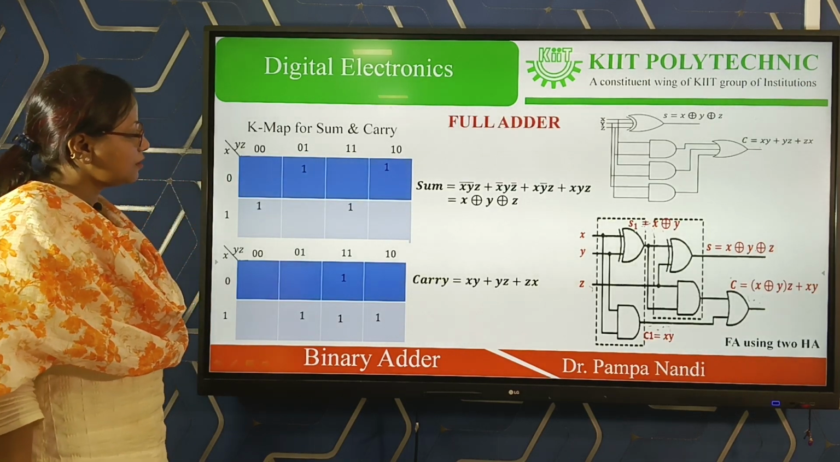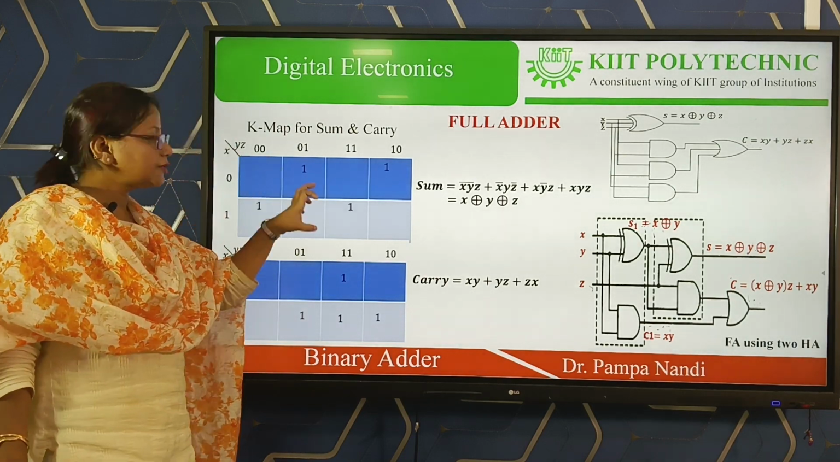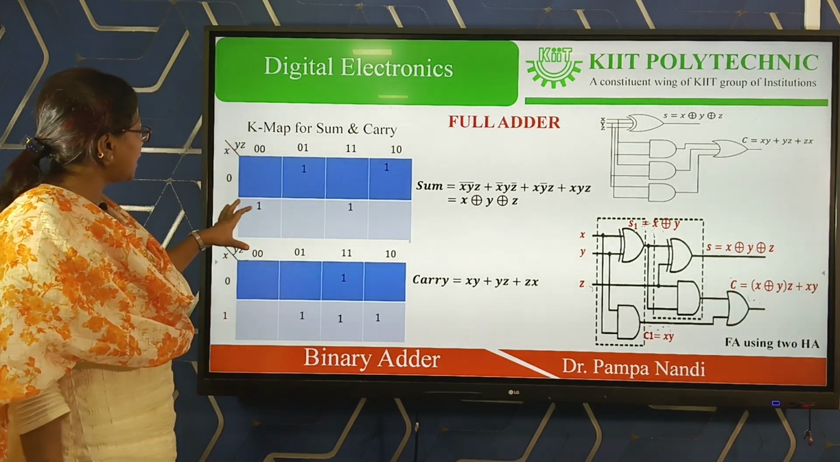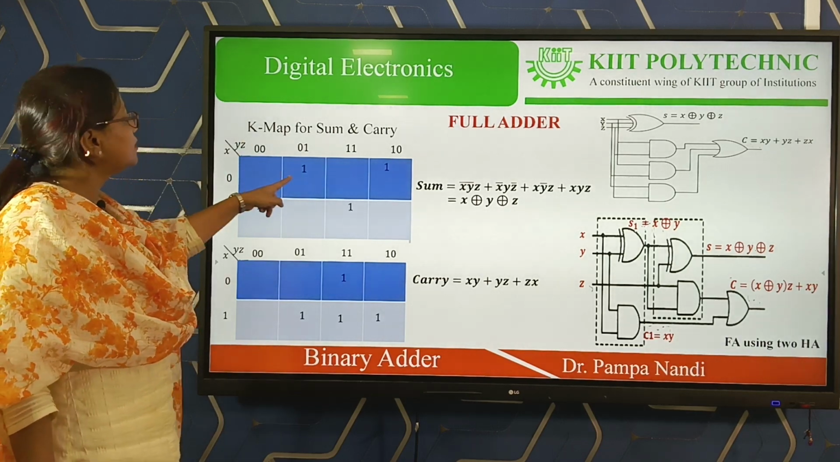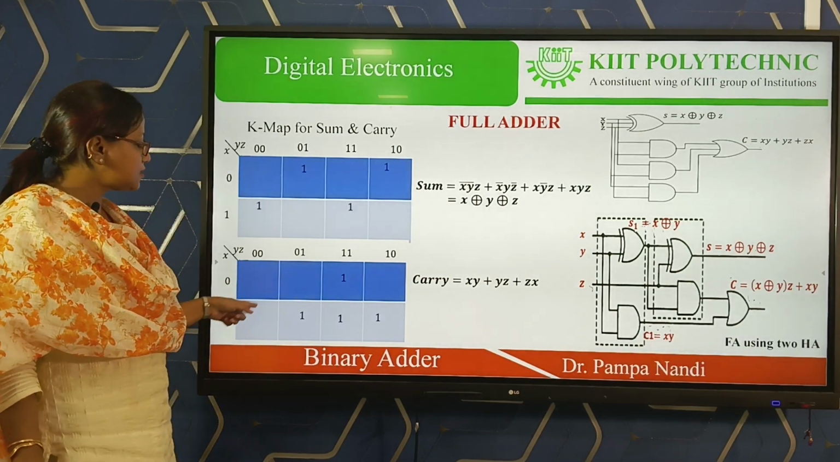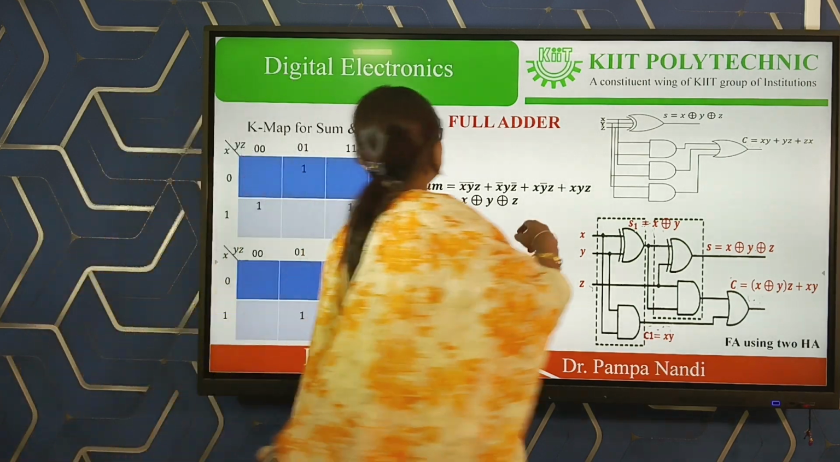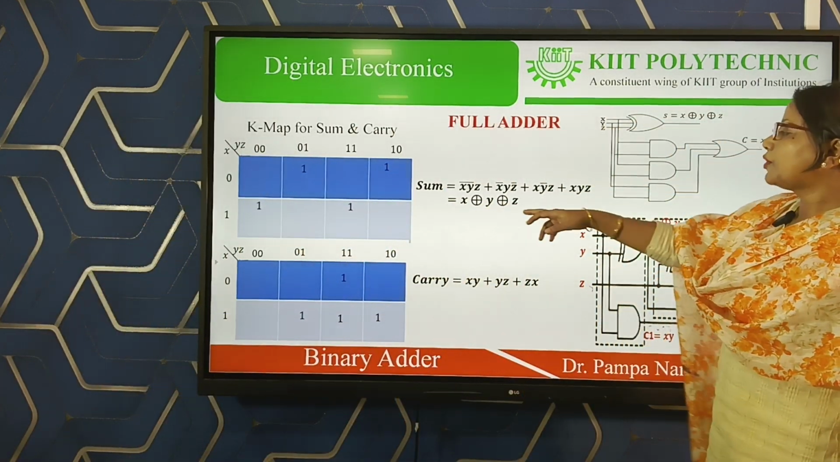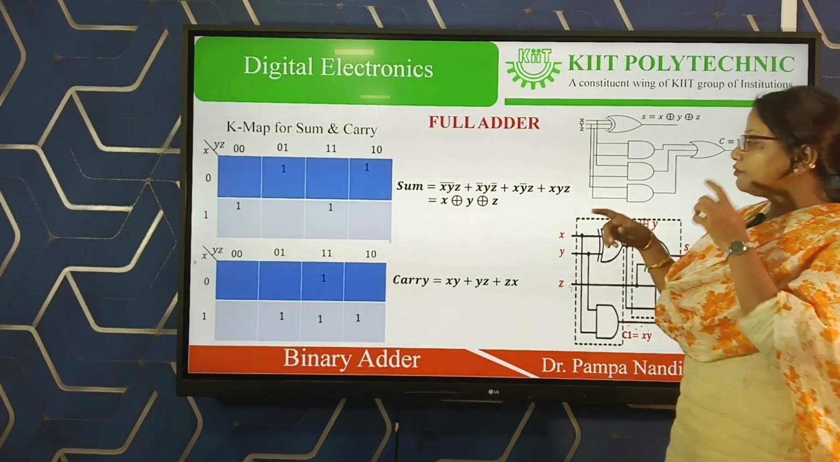So, full adder circuit, how are we doing it? First we simplify the truth table for sum and carry using the Karnaugh map. Here you can see the Karnaugh map for the sum, and here is the Karnaugh map for carry. As you can see, for the sum there is no group formation for simplification,